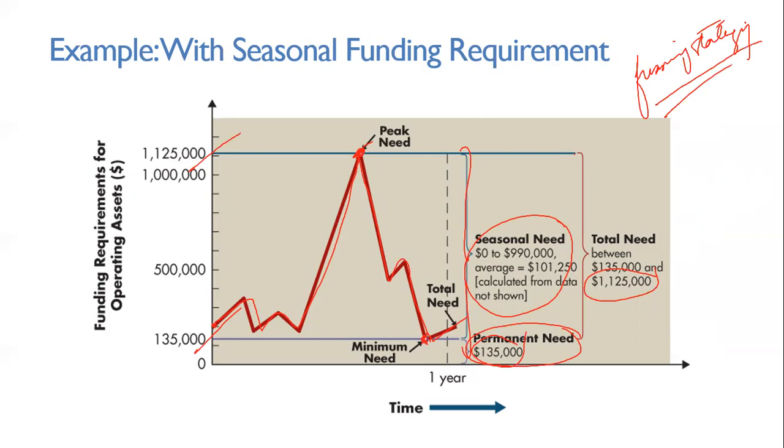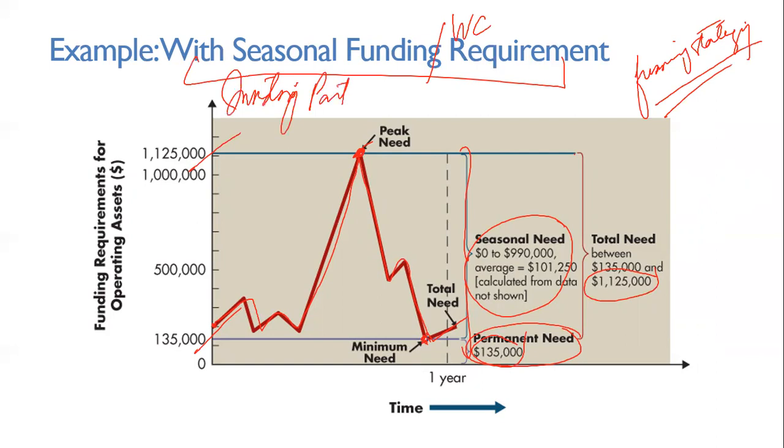Determining the funding requirement or the working capital requirement is actually the investing part of the decision. Deciding how much should be invested. That's the portion where you determine the minimum need and the peak need of the business in terms of working capital requirements. That's the investment decision part. Now that you have determined that you need as low as 135,000 and as high as 1.125 million of net operating assets to fund my operations,